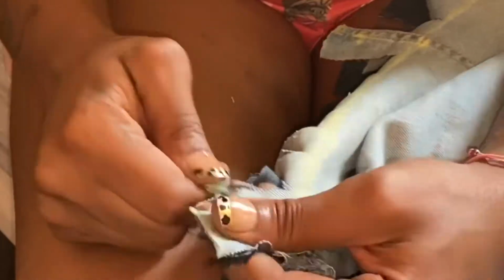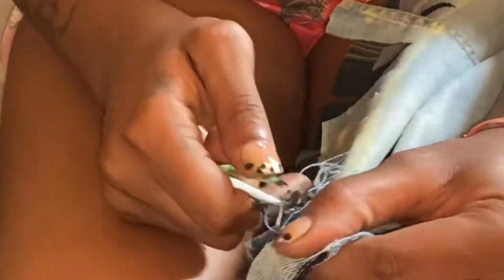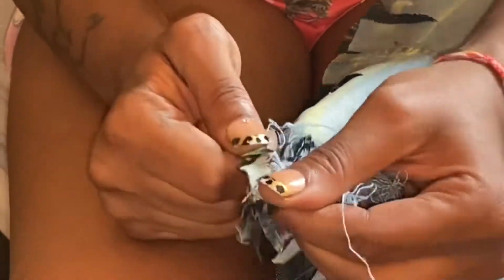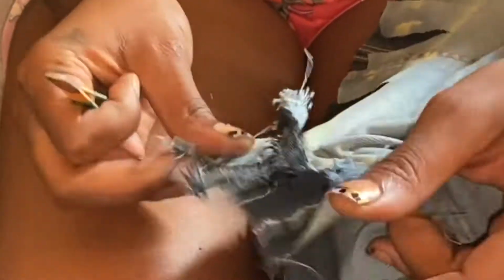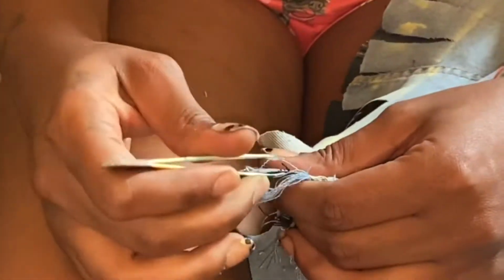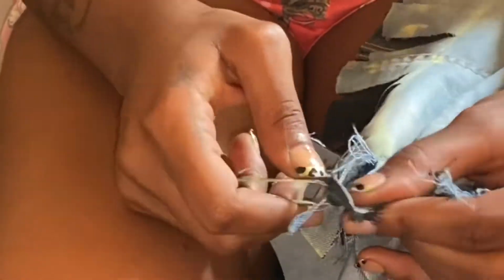You're going to get yourself your favorite and strongest and durable pair of tweezers, and you are just going to go to town the way you see me right here. That's the best way I can describe it. You want to really try to grab the sides of your fringe work or your little straps of denim, and you're just going to keep pulling at them, pulling from the center, pulling at the end, pulling at any stray string that you possibly can to start pulling out